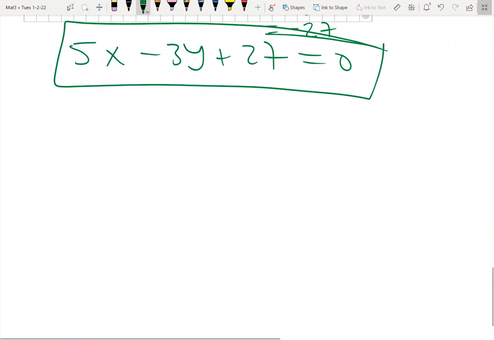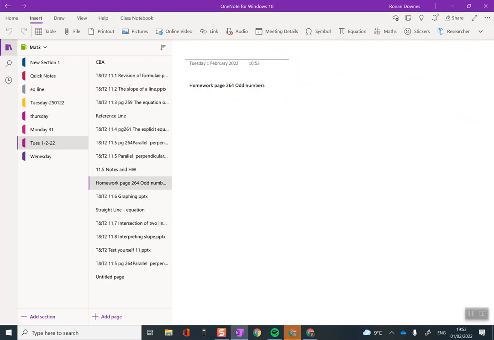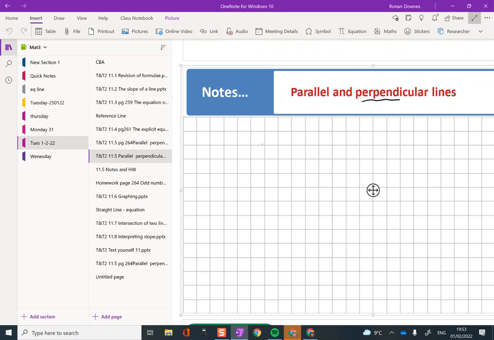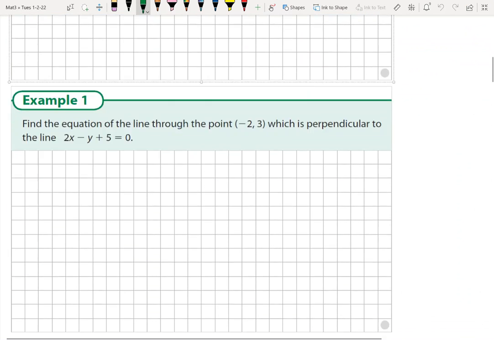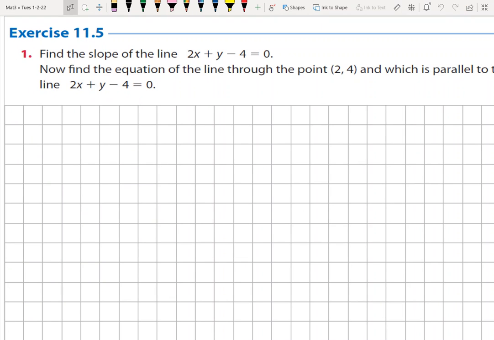Okay, we'll push along now to the questions. Just up one sheet for me, I think, or is it here? No, here. So you're doing the odd number questions now, right? We did that in class. So you're doing number 1. Find the slope of the line,